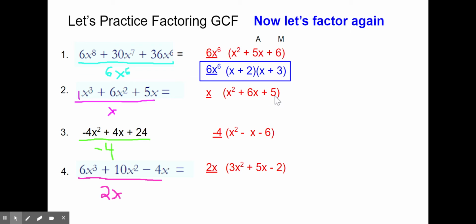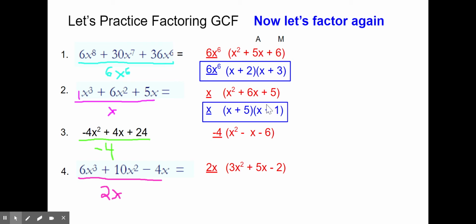There are two factors that multiply to 5 and add to 6. They are 5 and 1. So bring down your GCF of x and factor x squared plus 6x plus 5 into x plus 5, x plus 1. Here is your fully factored trinomial: x, which is your GCF, and x plus 5, x plus 1, which are